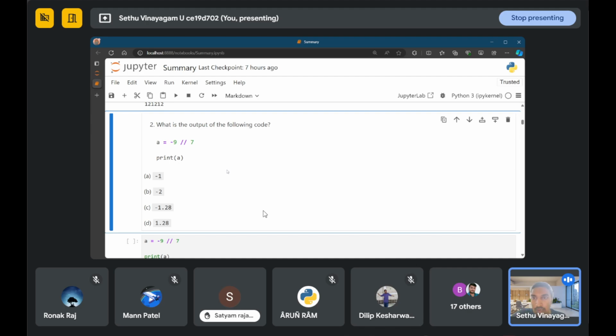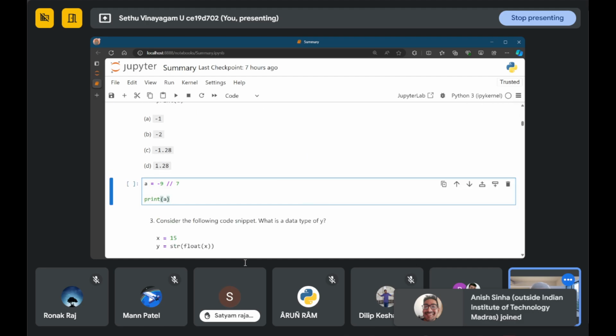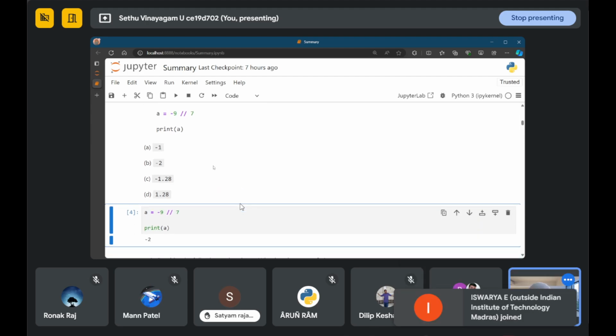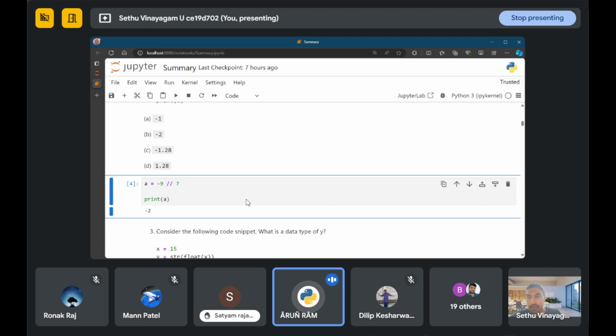The second one is what is the output of the following code? Minus 9 floor division 7. Minus 1. Option E. Yeah, so minus 1. So why is it minus 1? Sorry, minus 2. Why is it minus 2? How, sir? It is minus 1.28. Yeah, so minus 1.28, but